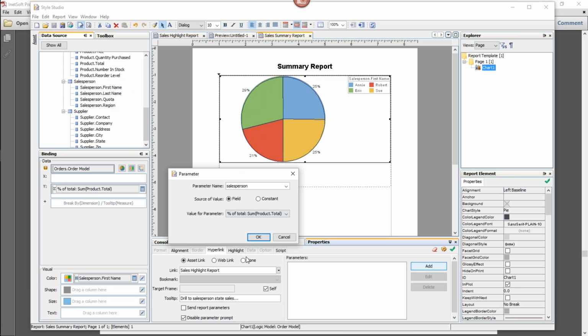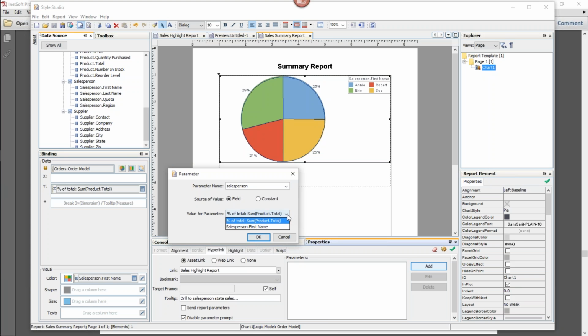When we popped up this window, in the instant before it appeared, it looked into that sales highlight report and saw that there was a parameterized condition in there, and the parameter name is salesperson. So that's why it's suggesting that to us. If that report had more parameters, more variables, there would be a list of all of them, and we would choose the one into which we want to pass the value that we're sending in the hyperlink. In this case, there's no choice because there is only one parameter we can send it into.